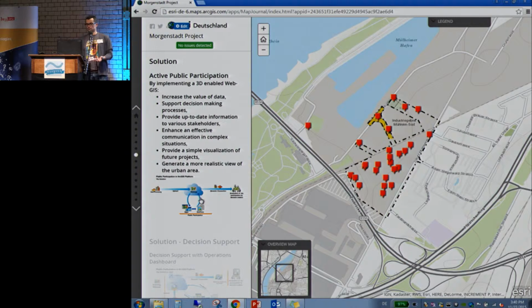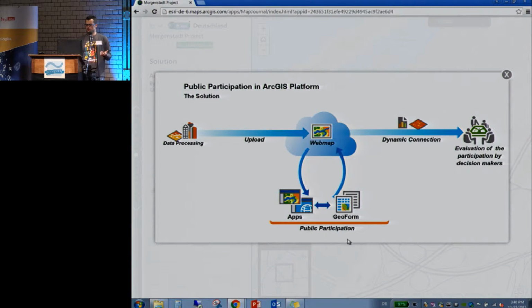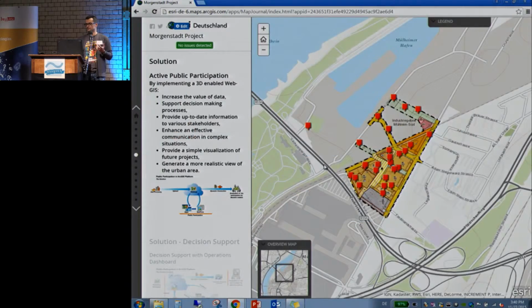So in that case, our solution was, again, kind of a portal for the citizens. So how it actually looks like, so we have the data processing from CAD, from CityGML, from any other formats, and put them in the cloud or on-premise solution, depending on your security issues or security policies. And on top of it, we are building apps, we are building views, but the data and the view of the data is central. So it's kept in our platform. And on top of it, we are adding apps, templates, some views, 2D or 3D views, so that the citizens